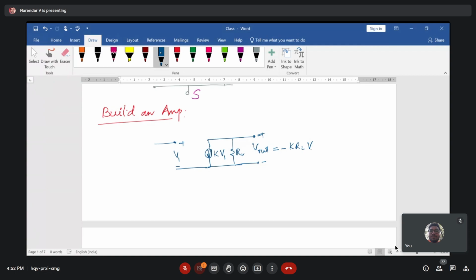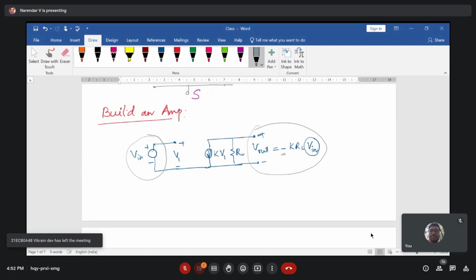And this V is a small signal input that you are trying to apply, and that small signal input we are applying at this junction. So this is your V in, positive and negative. It means an amplifier which tries to amplify the signal applied to the input side, and on the output side you want to amplify it as it is given. Here the negative sign indicates the output is going to be shifted 180 degrees,